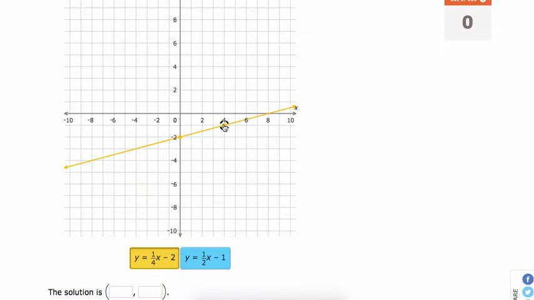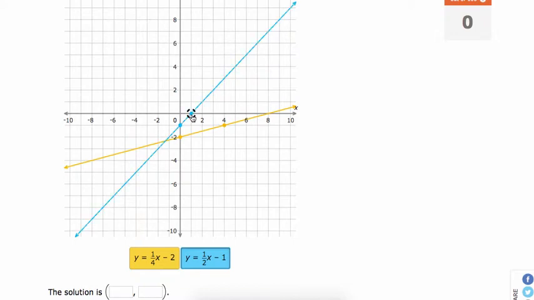Then I can take a look and graph y equals 1/2 x minus 1. So I click that. So I'm now going to be plotting points in blue. The y-intercept is -1, and then my slope is 1/2. So I'm going to rise 1 and run 2, or the change in y is 1 and the change in x is 2. So if I go up 1 and over 1, and let's say I thought I counted 2